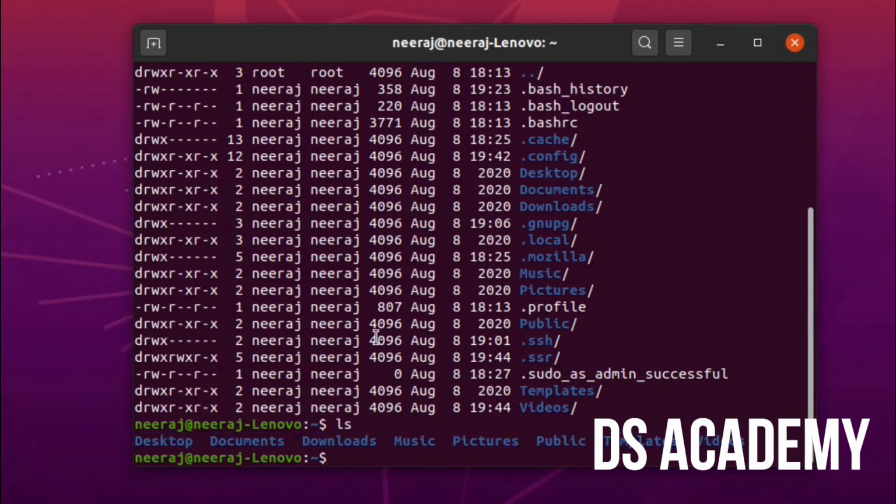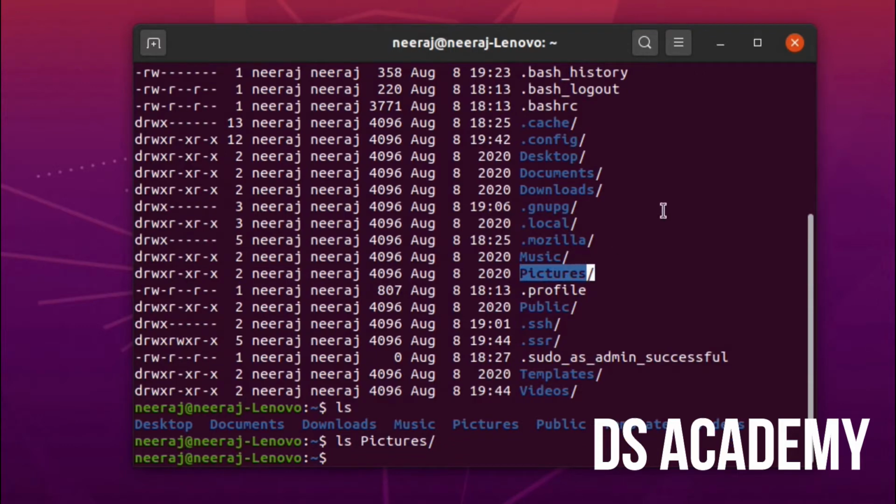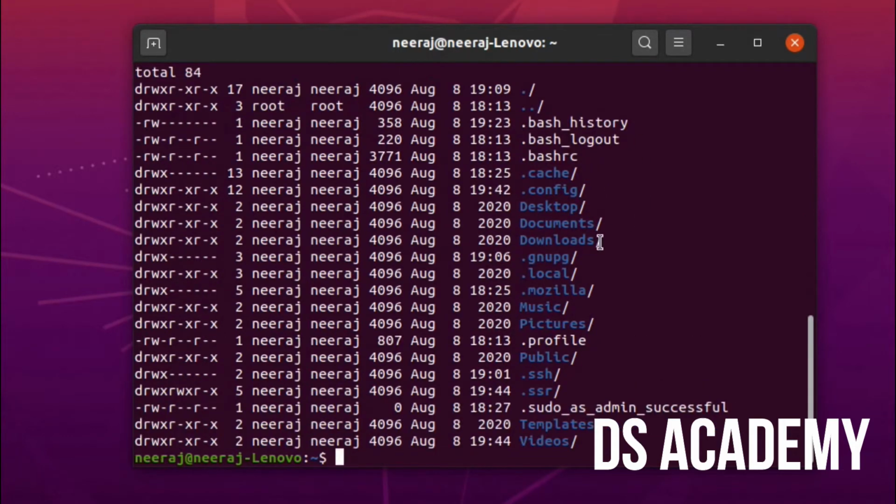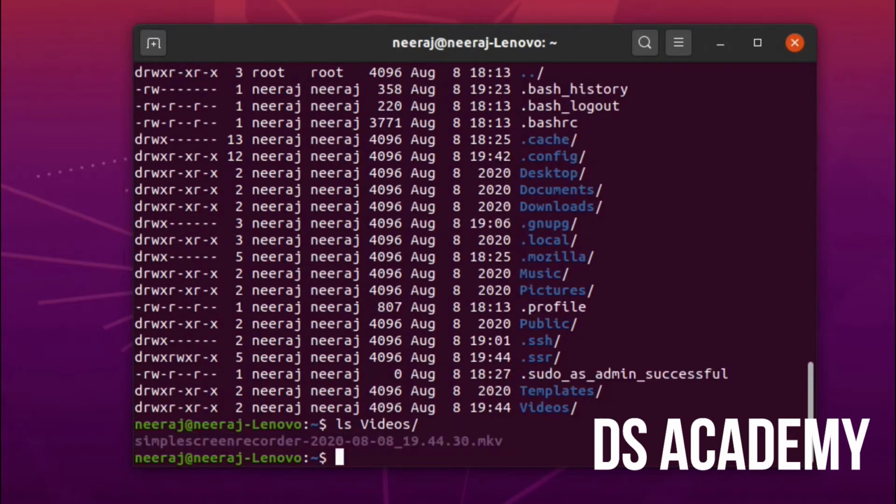Also, I can list any particular directory if I provide the path. Suppose I go to pictures and want to see the list of that folder, I can see it's empty. Or suppose I want to see desktop, or videos.